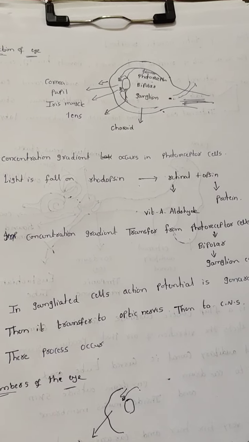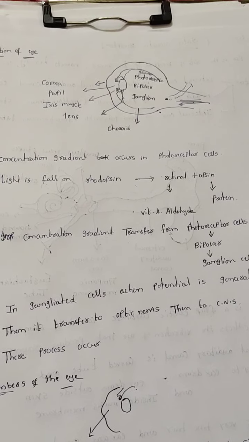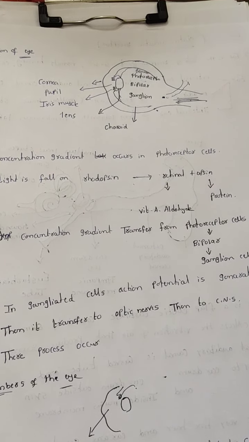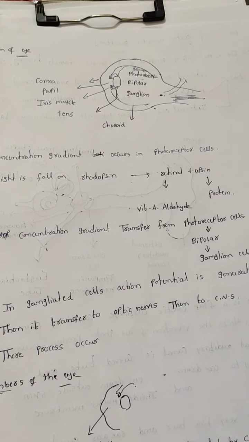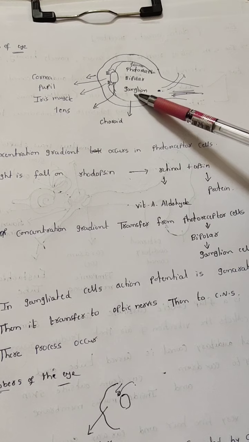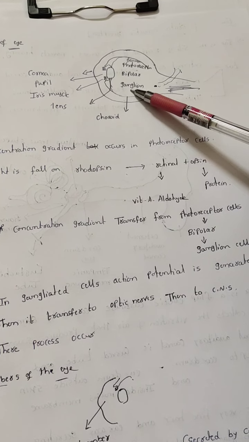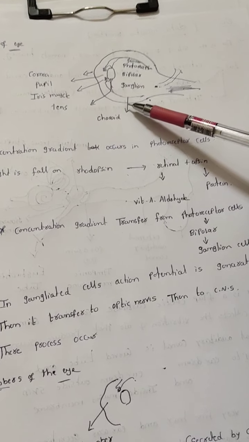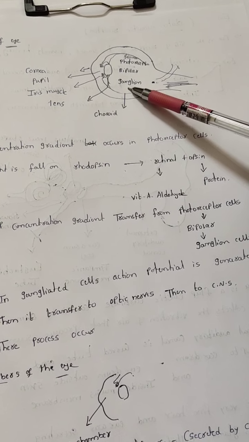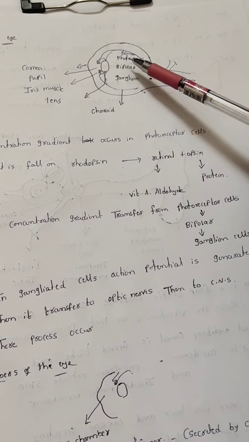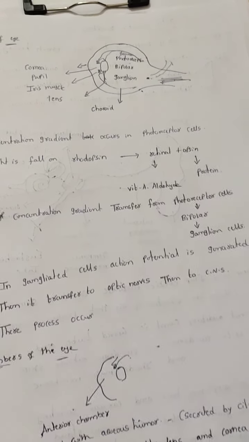Now they can ask the question: the light passes through nerve cells and touches the photoreceptor cells. Why? Because the light passes through nerve cells. Ganglia means what? A group of nerve cells. That's why it is a nerve. That's why the light passes through nerve cells, next the bipolar cells, next the photoreceptor cells.